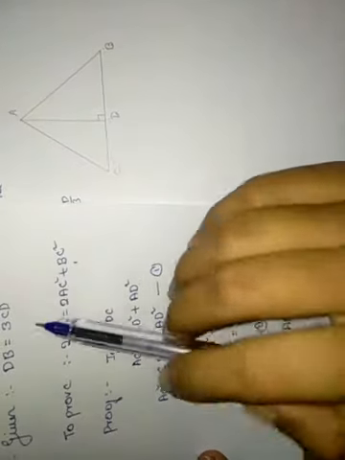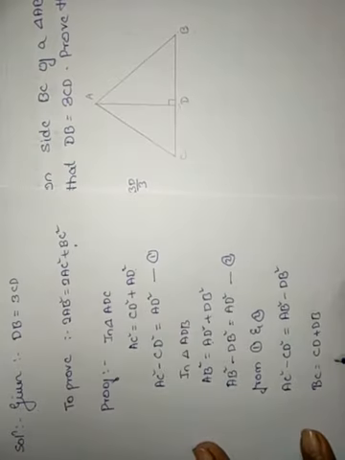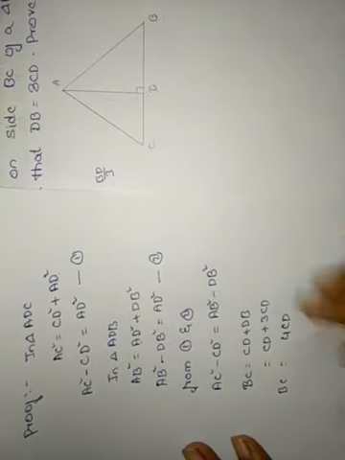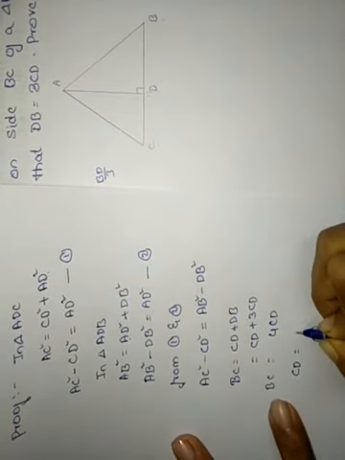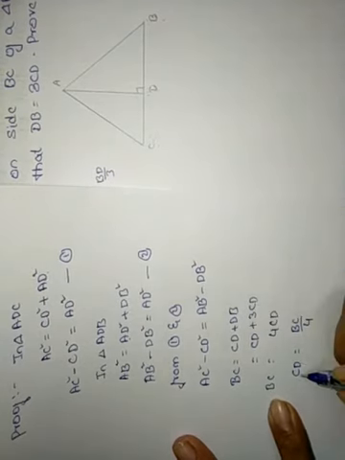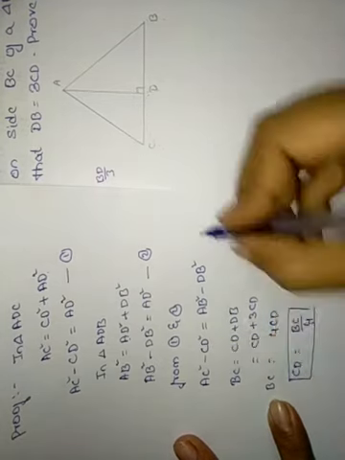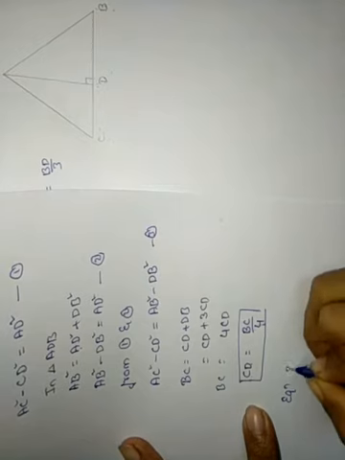Here we can see that in the given data, DB is equal to 3 times CD. Here I am going to replace DB with 3 times CD, right? So CD plus 3 times CD, we get 4 times CD. This is BC. We'll keep this CD as it is, so CD equals BC divided by 4. So we are going to substitute this CD equals BC divided by 4 in this equation. We'll call this equation 3, right? Equation 3 becomes